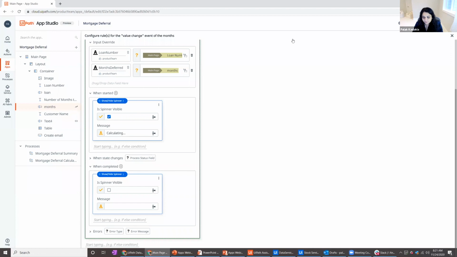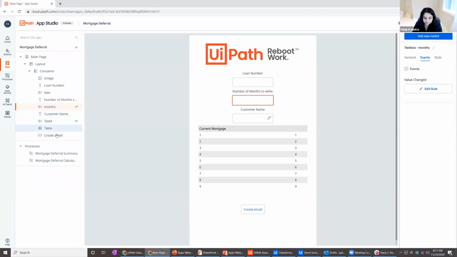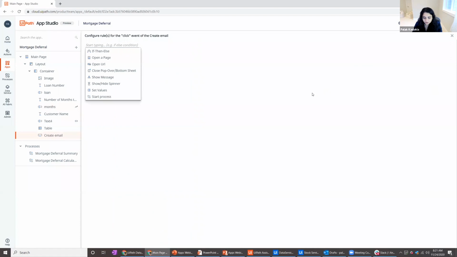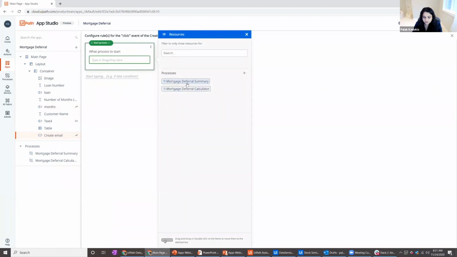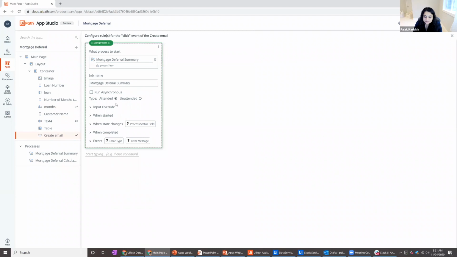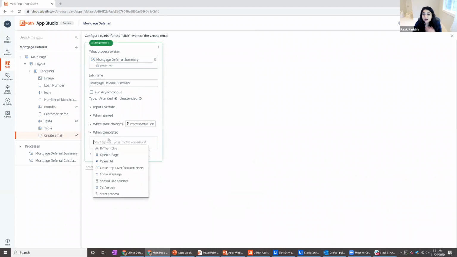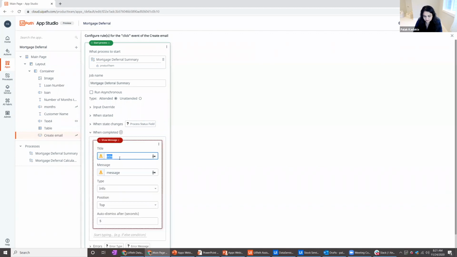The next thing I want to do is go back and automate this create email action. So on click of that button, I want to create another rule, which is start that next process of mortgage deferral summary. And in this case, when it's done, I just want to let them know that the draft was created. So on the completed state, I can show a message. It says,